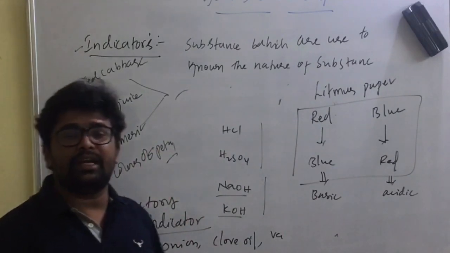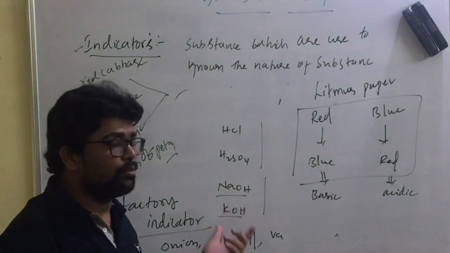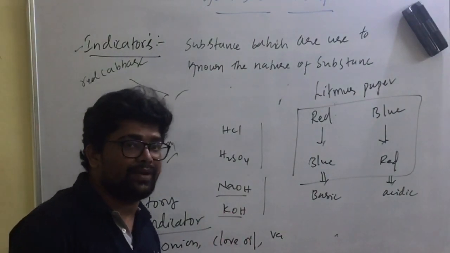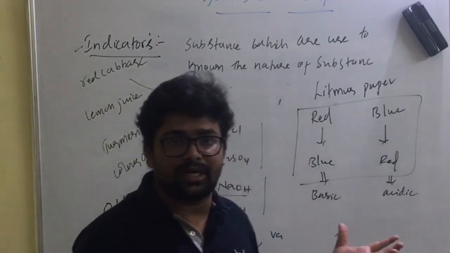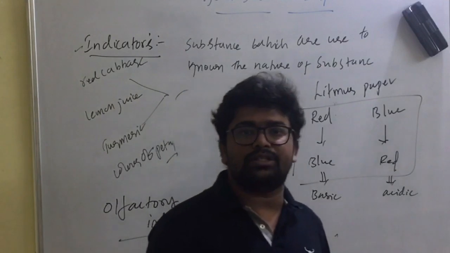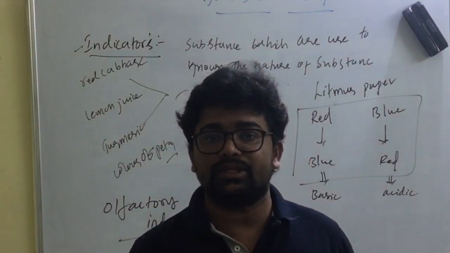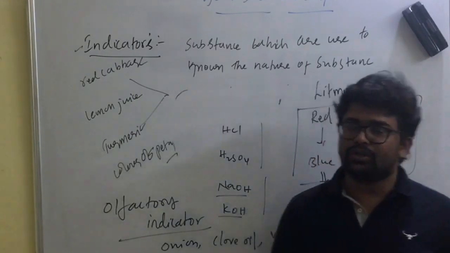How do we identify the nature of substances as acidic or basic? So it is an important one. Please practice your Activity 1 to know about the nature of substances, that is, indicators. Now let us move into a very interesting and very important concept in acids, bases and salts: the properties of acids, bases and salts. Hope this concept is clear.